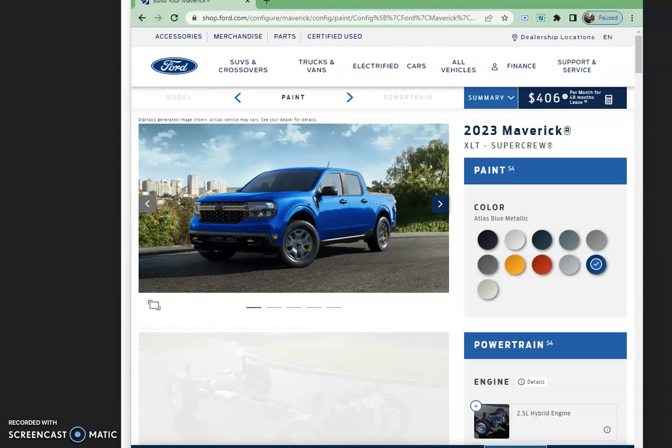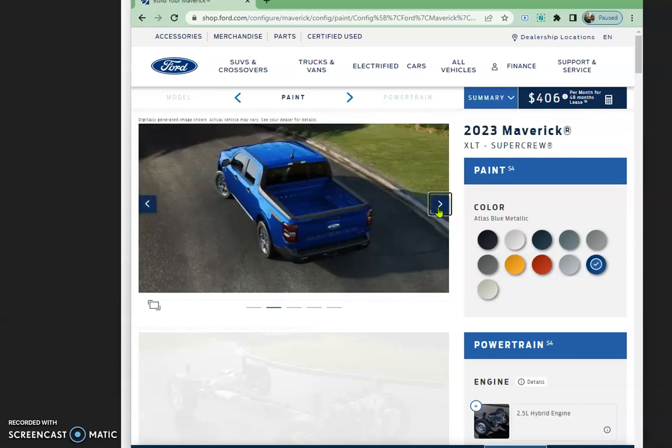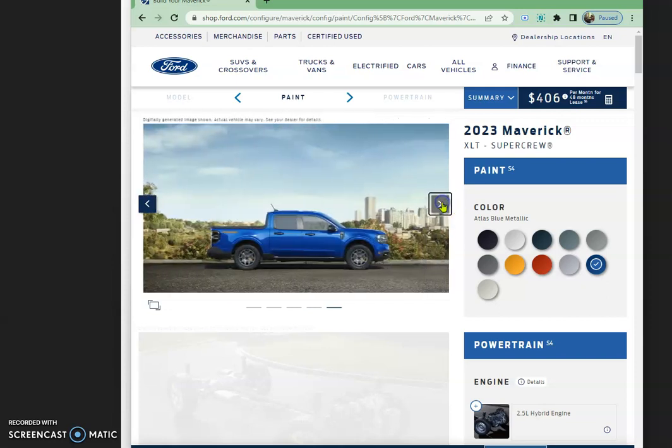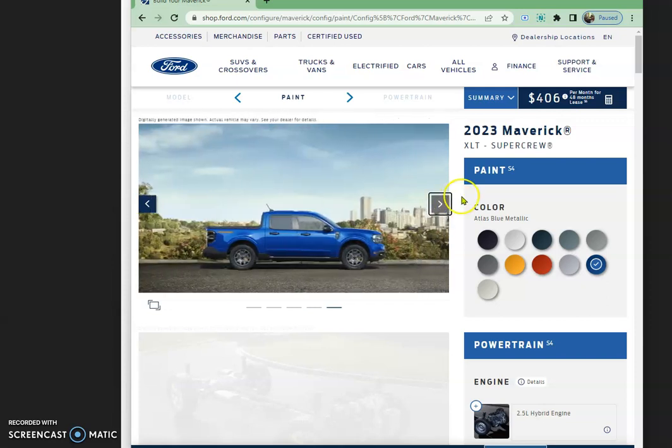I just wanted to go over one of my 2023 Ford Maverick orders. This is the one that I'm most excited about because it is the XLT Tremor package, and I ended up choosing it in Atlas Blue, so you can see there. Looks pretty good. I think that it pops quite well as far as the contrast with the orange and everything. The main reason that I chose this color is because I couldn't get Alto Blue, which really sucks because